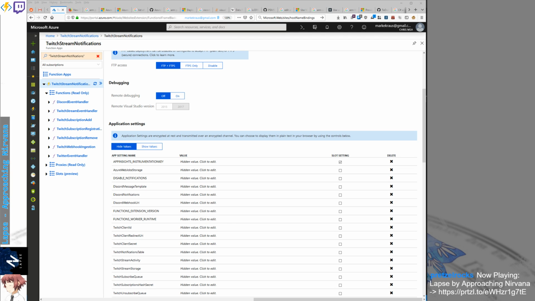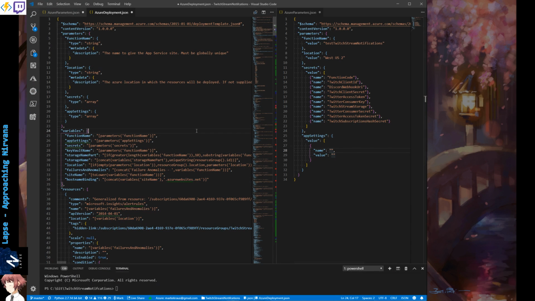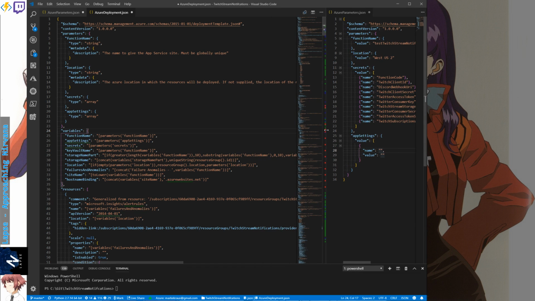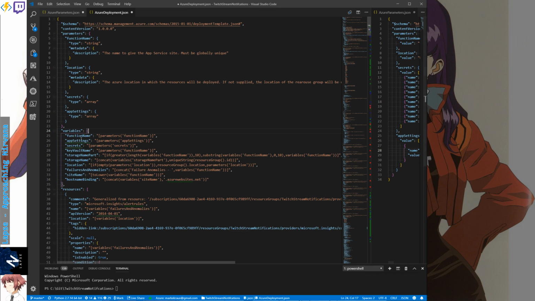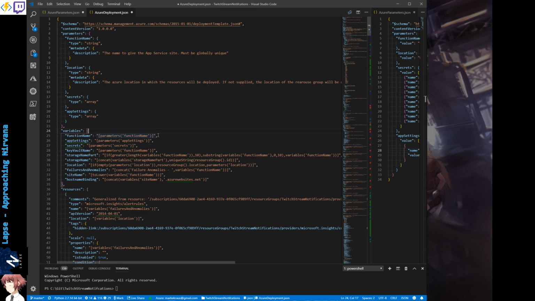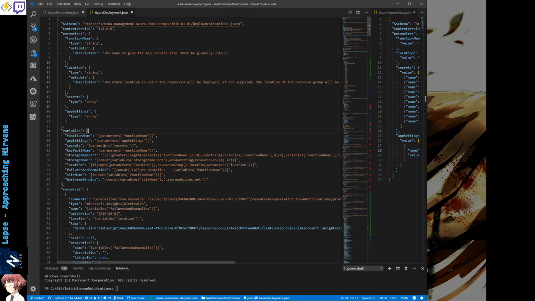So I've got this kind of worked up. That's enough of the parameters. Let me get back into VS Code here. There's not really a whole lot to them. So the variables is where I like to do most of my logic. Like I said, the function name parameter comes in, but in the resources, I'm only ever going to call the variable function name. Here I'm basically transforming the parameters function name into the variables function name, and then doing the same with app settings and the same with secrets. For key vault name,